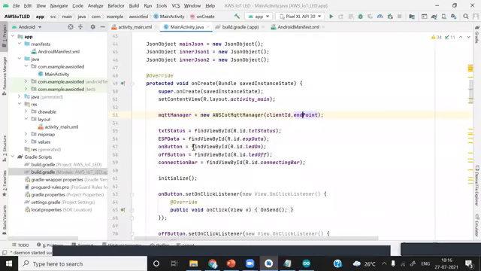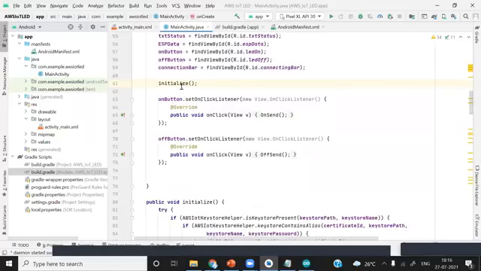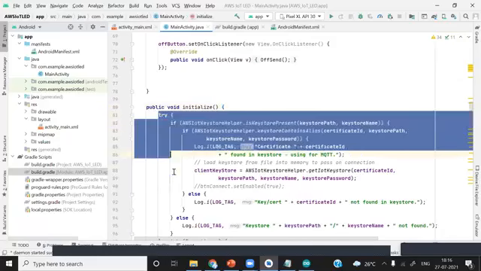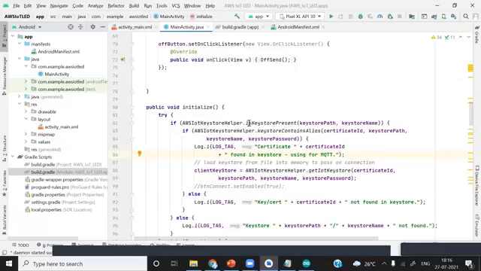After this, we just have connected our front end components with the backend using these variables, find view by ID. You can see it. And then we are calling this initialize function. We'll just first go through this initialize function, whatever we are doing. Okay, you can see this function as initialize. After calling this function, all the lines inside this function will execute. So what we are checking for the key store.